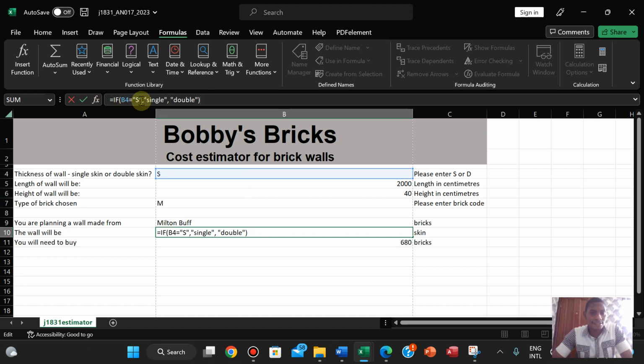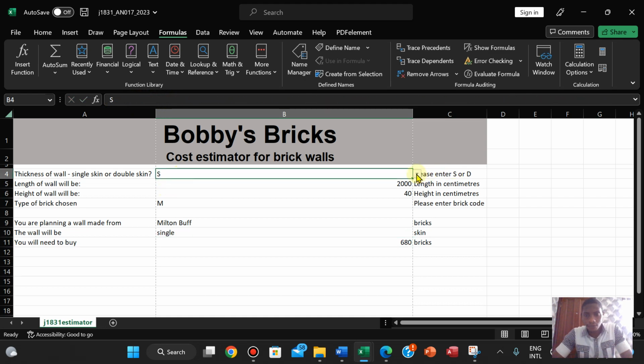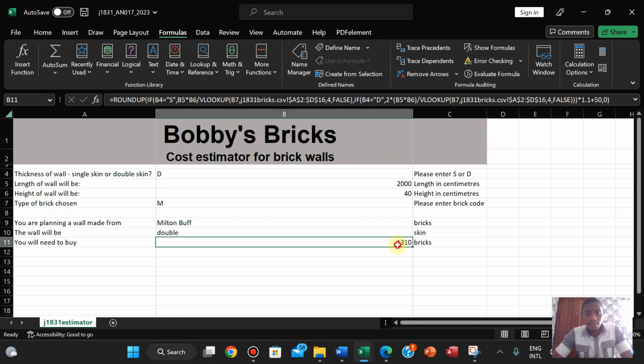So if S is equal, it will give you single, S is going to be double, and this should work. So if we change it, just a single if statement, we can have this. Now, speaking about that,